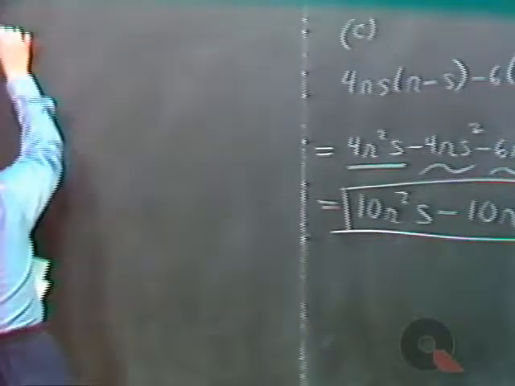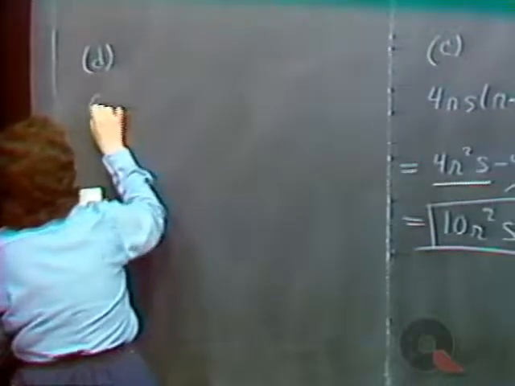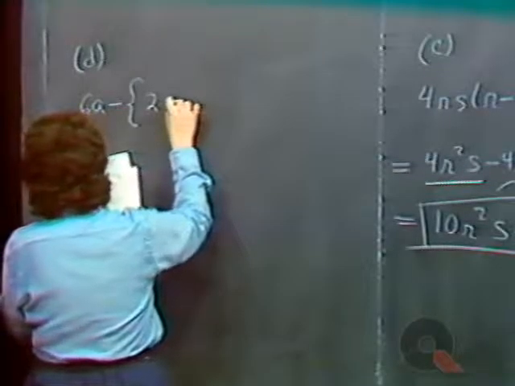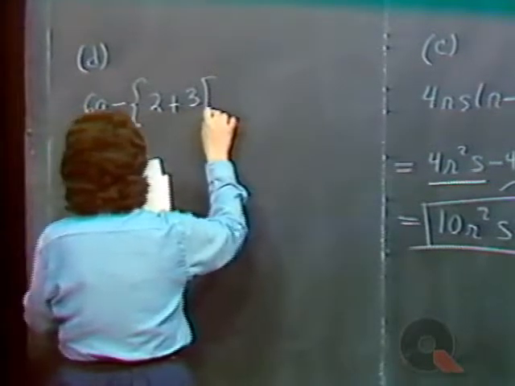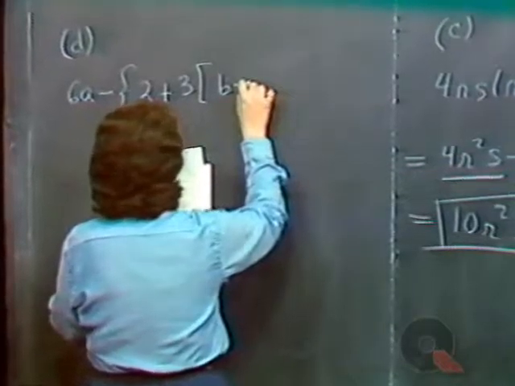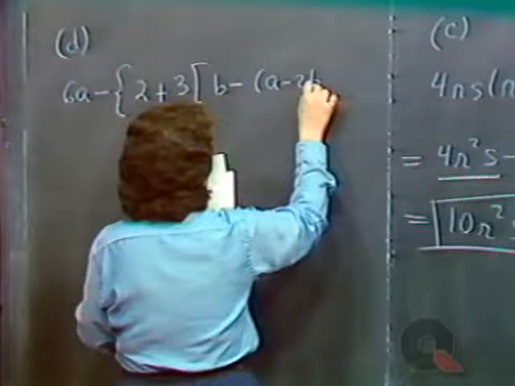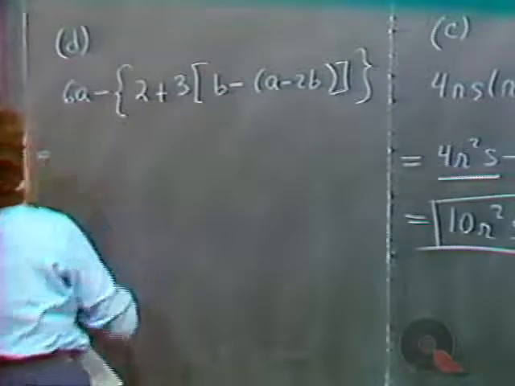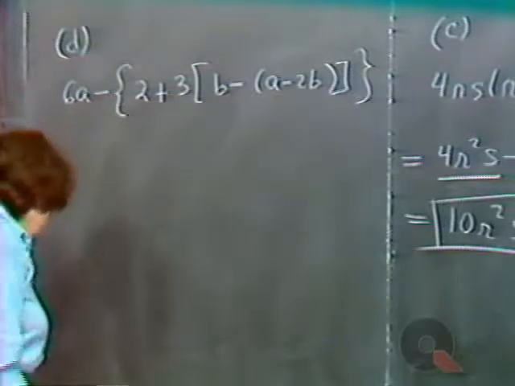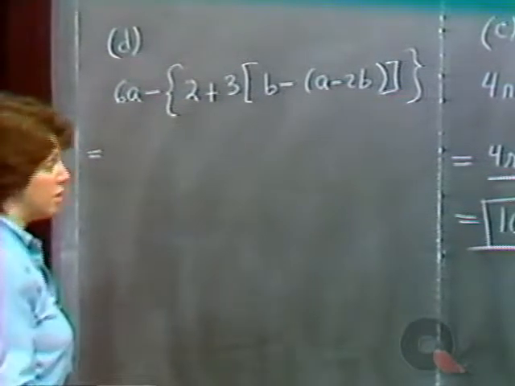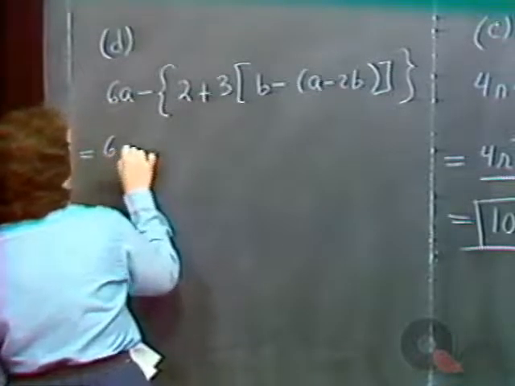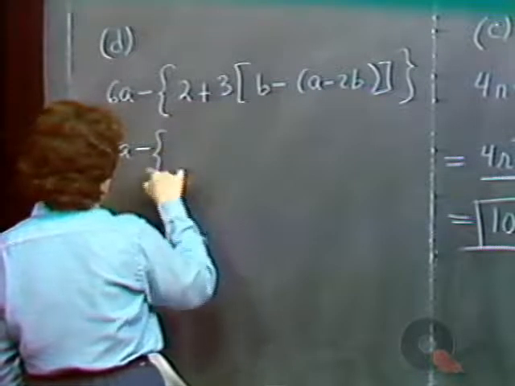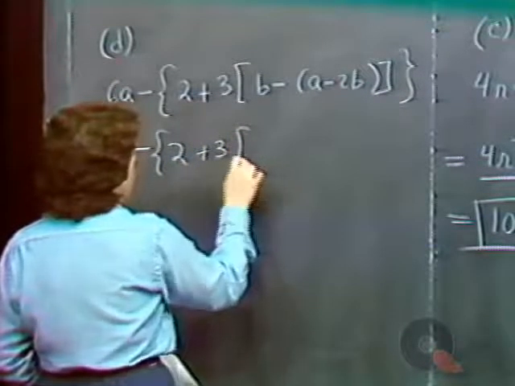In problem D, we have the following. 6a minus {2 plus 3[b minus (a minus 2b)]}. Okay, we're going to work from the innermost grouping symbols out. So here I'm just going to rewrite until I get to the innermost grouping symbol. 6a minus {2 plus 3[